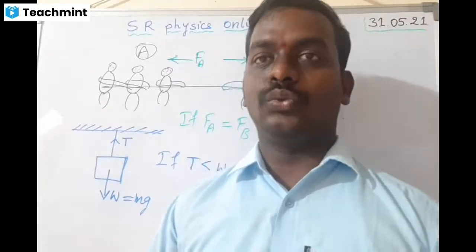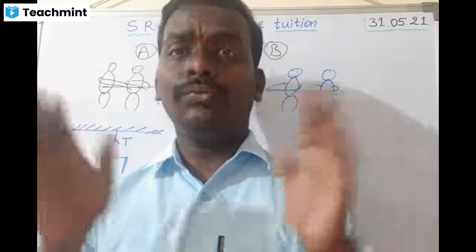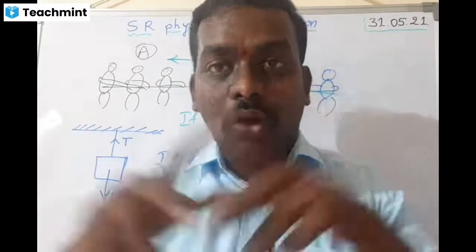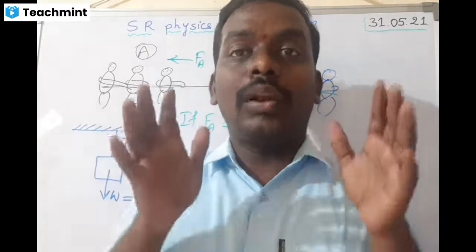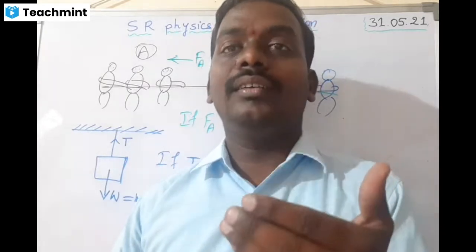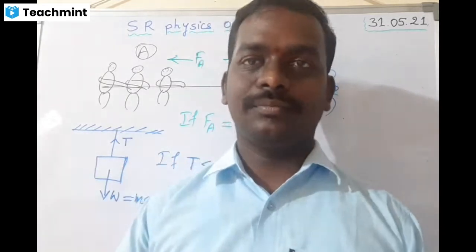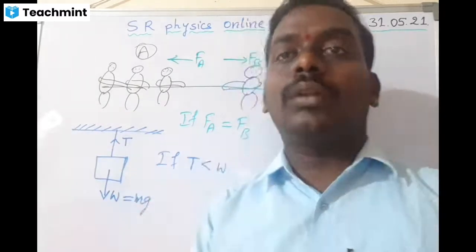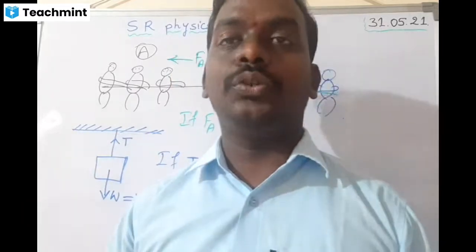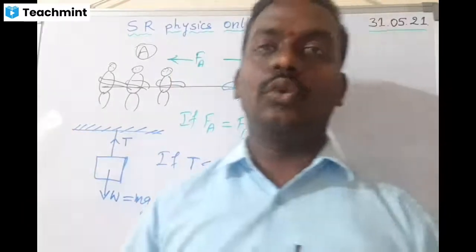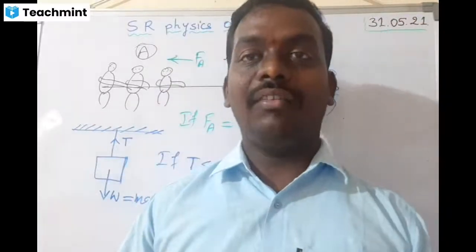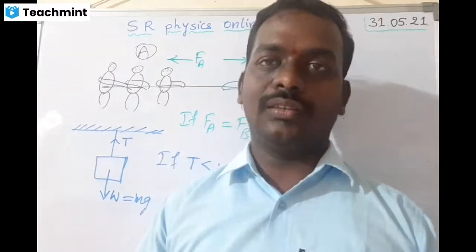Balanced and unbalanced forces. Whenever a larger number of forces exist on a particular body, if the body is in a stable state, if there is no movement in that body, then we'll call that all the forces are balanced. Suppose more forces are applied on a body, and due to that there is a change in the position of that body, or something else happens to that body, then we can say that the object has unbalanced forces on it.